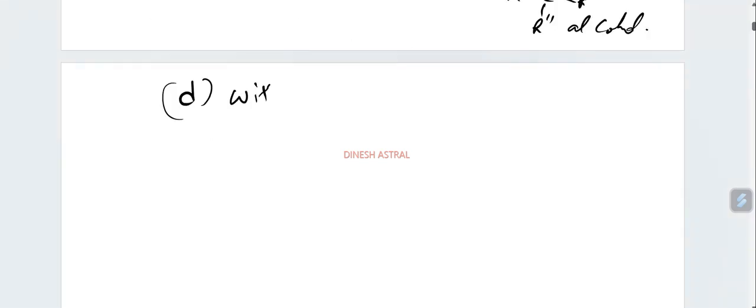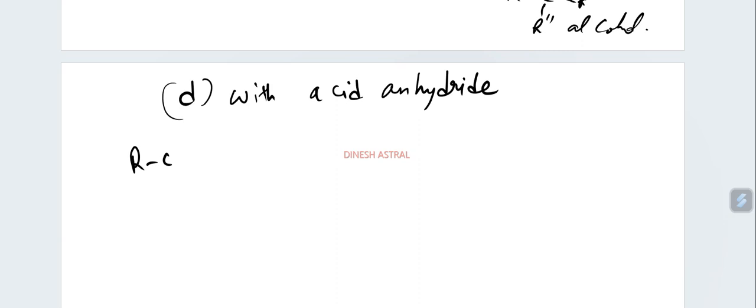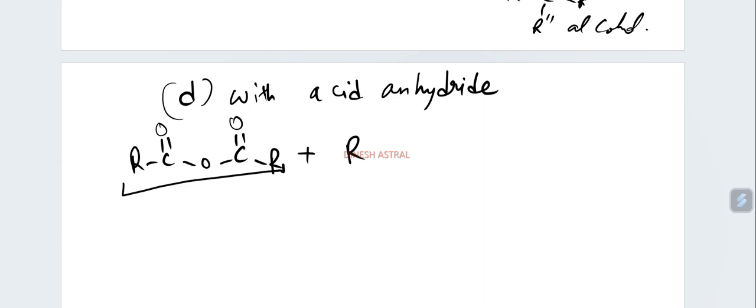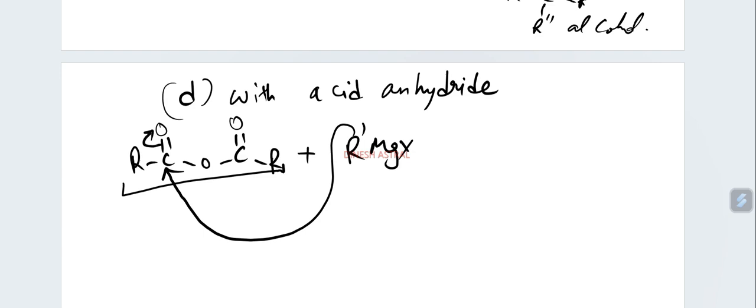Now we will react with acid anhydride. So this molecule is acid anhydride. A molecule containing this formula is called acid anhydride, and it will react with Grignard reagent, RMgX. Now in this molecule, the Grignard reagent will react with this carbon, and then the electron here will shift on the oxygen,